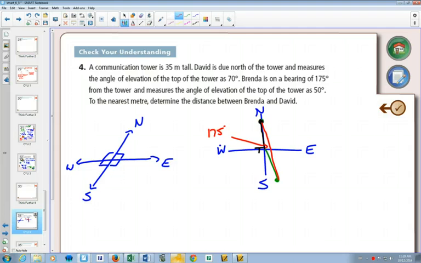Do we know how far David, the gray alien, is from the tower? No. Do we know how far Brenda, the green alien, is from the tower? No. So as soon as we do know those things, then we can transfer them to this diagram and solve it as a 2-dimensional question. I'm just going to show you how you would draw that in 3 dimensions and then go from there. So first of all, we have to draw our tower. So right here,